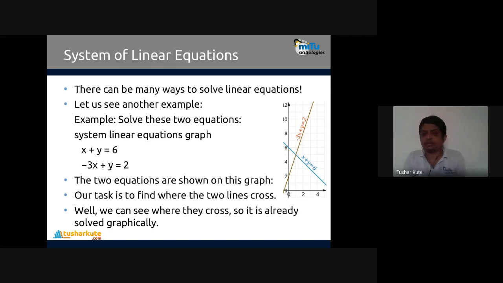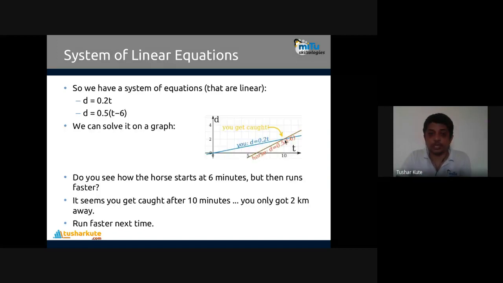So any number of linear equations can be drawn on the same plane. Their equations can be different, and their x and y values are the same, and we can just identify the connectivity between them. We have seen the first case where they are crossing, that we have seen over here.